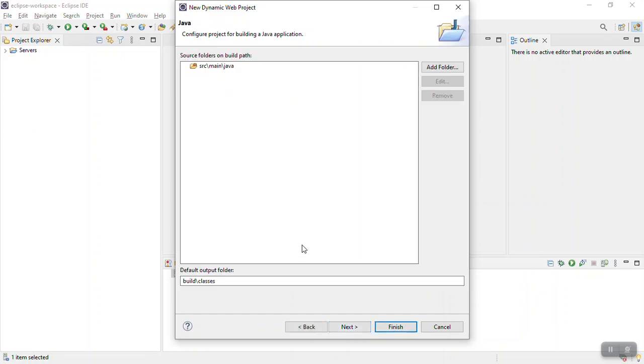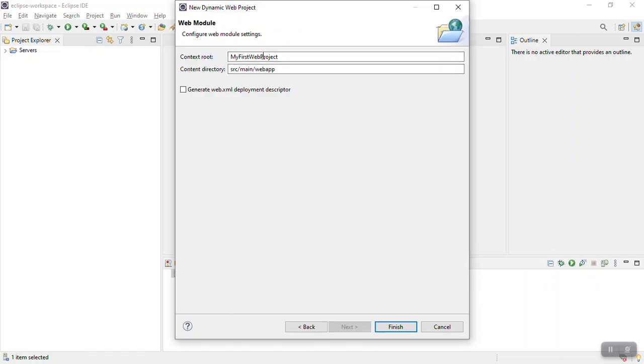In the next step, it is just briefly showing you where your Java source files, in the sense .java files, will be located, which is src main Java, and all your output files, which are your bytecodes, will be located at build classes. Going next, it is asking for your context root, which is the location of your project, which is your project name. And content directory, in the sense your HTML code will be located here at web app. Just click finish,